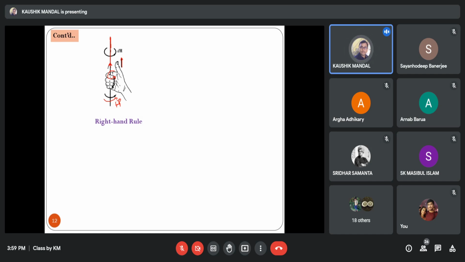You put your right hand extending the thumb towards the direction of current flow. Then if we close our fingers, the direction of movement of fingers will give us the direction of magnetic field intensity. Now say if the direction of current flow is in the opposite direction,